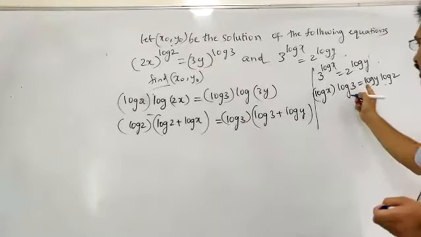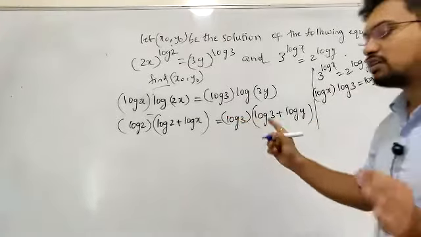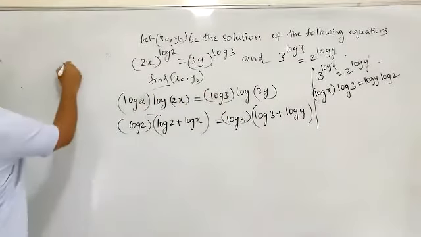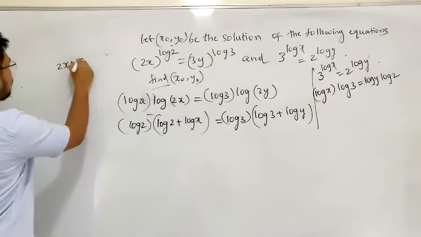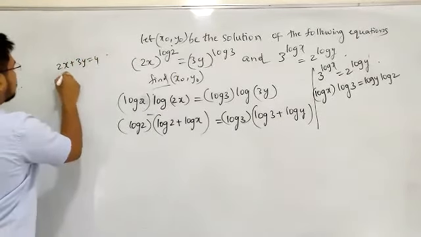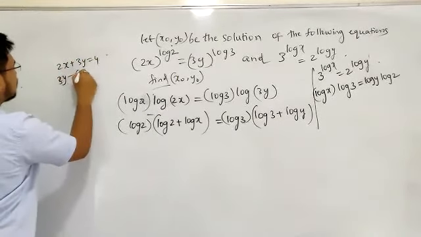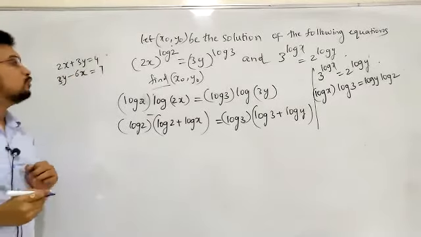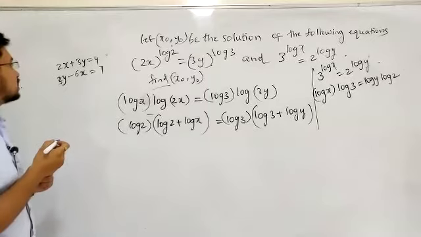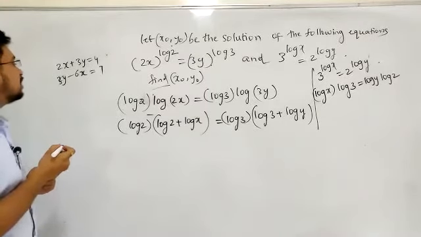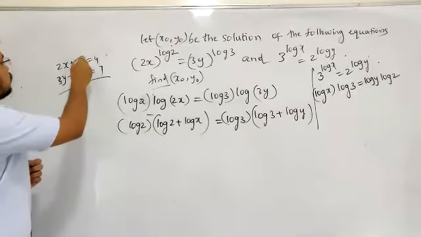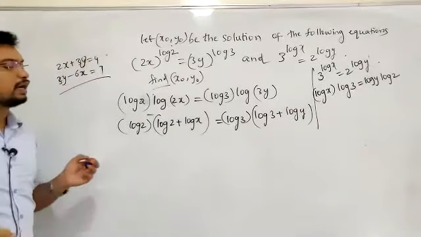So from this, we have two equations. Let's go back to our basics. Let's say there is something like 2x plus 3y is 4 and 3y minus 6x is equal to 7. I gave you two equations. How do you solve such equations? Either you will try to eliminate y or you will try to eliminate x.